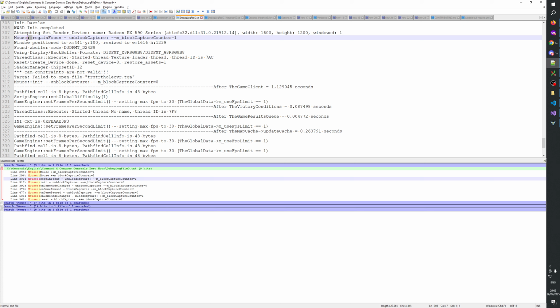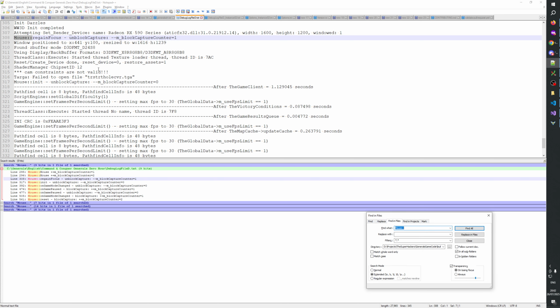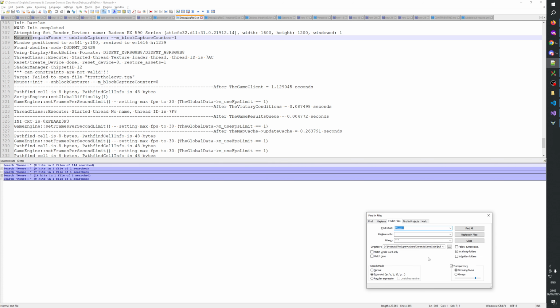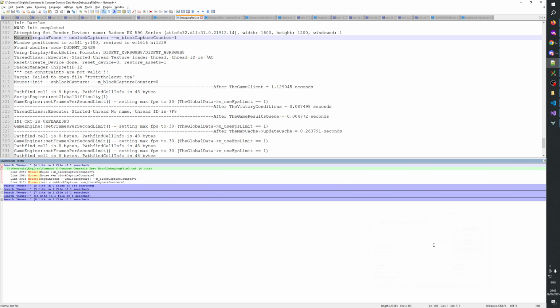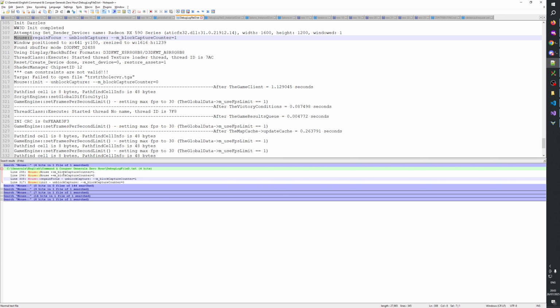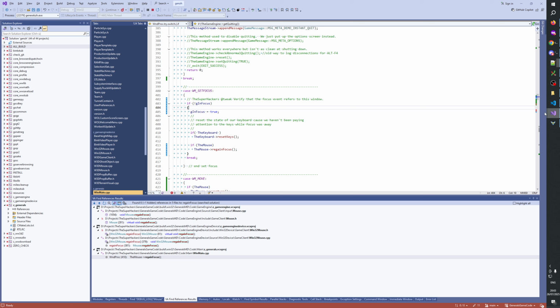Let's see what it says now. Oh, that was not intended. Okay, it also still called regain focus before. Why? Why does it still